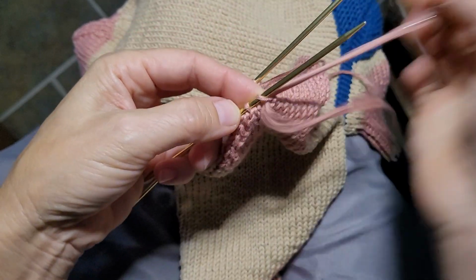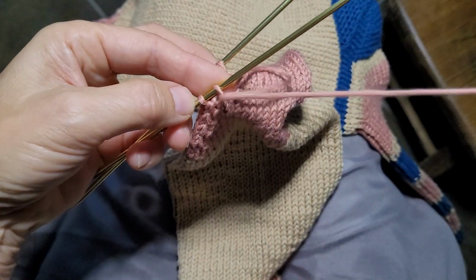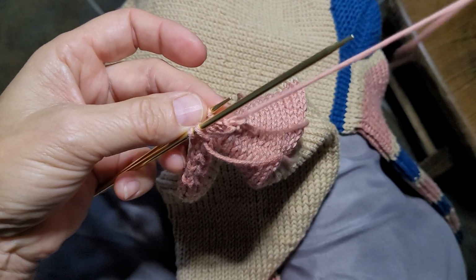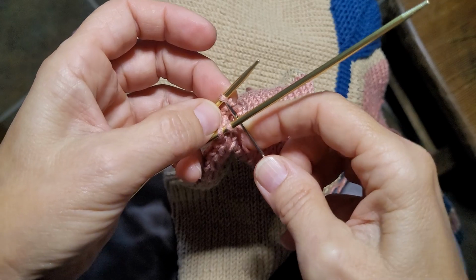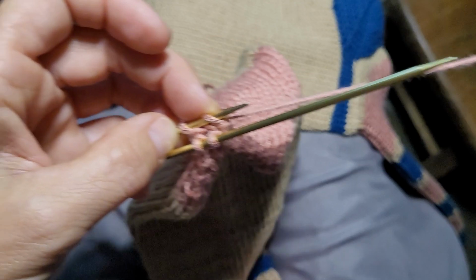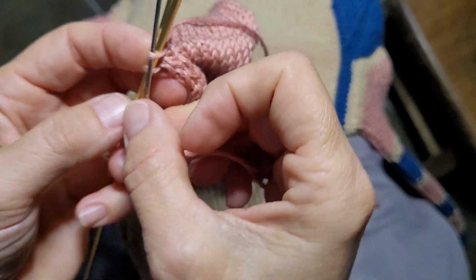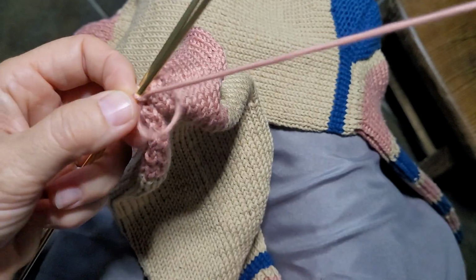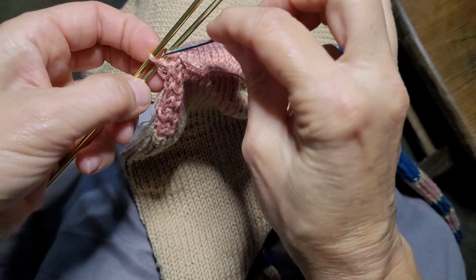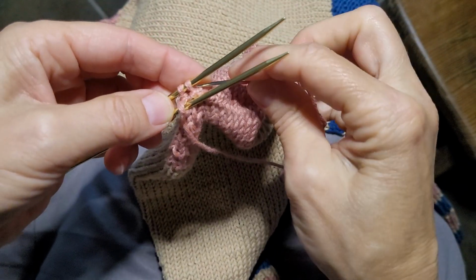front needle, left to right, remove, right to left, do not remove, back needle from the right to left, remove, left to right, do not remove, front needle from the left to the right, and remove that stitch. Now the last one to prep, from the right to the left, do not remove,